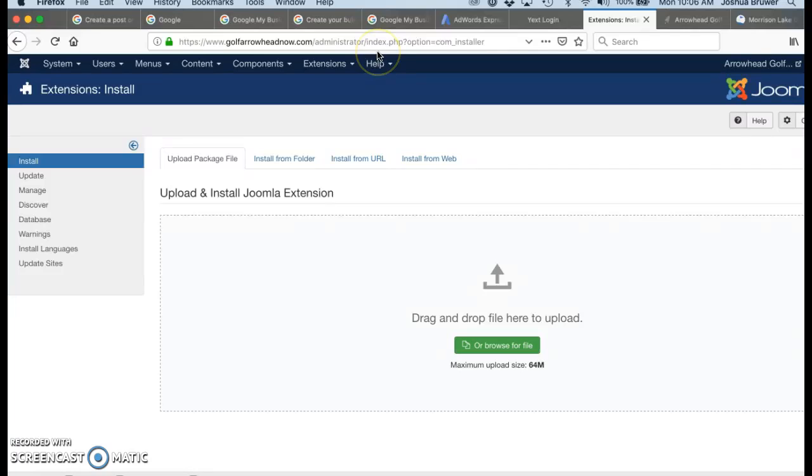Again, you have to do this for both websites, okay? For Golf Arrowhead Now and for Golf Morrison Lake. So they both have to be updated with these standings. You go to Golf Arrowhead Now and you log in. Now once you're back here, you go to Content,